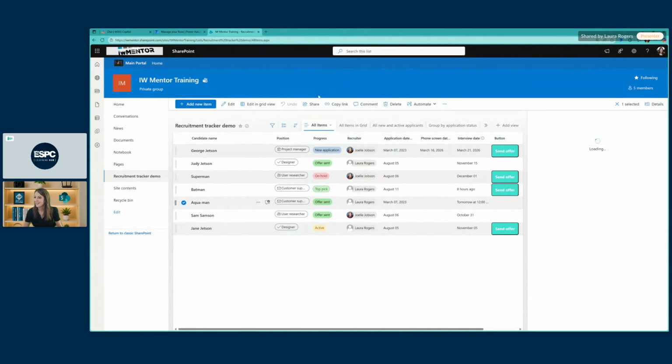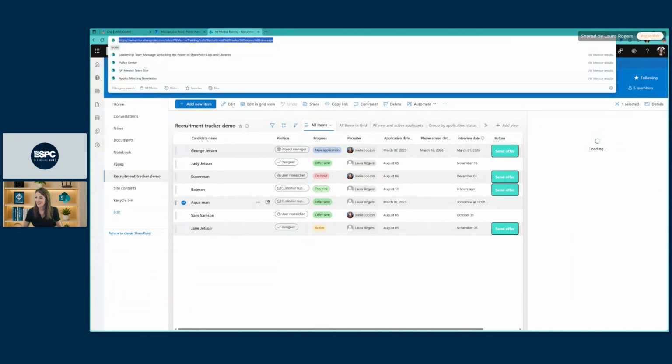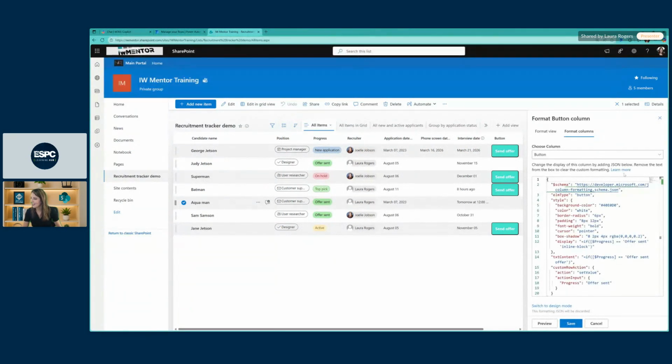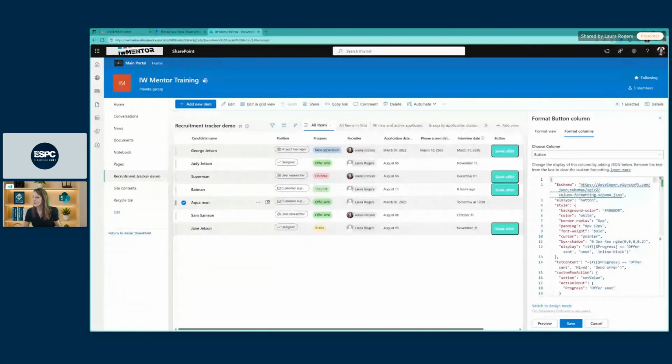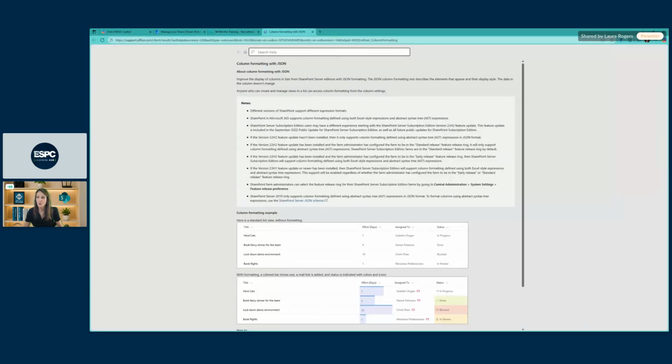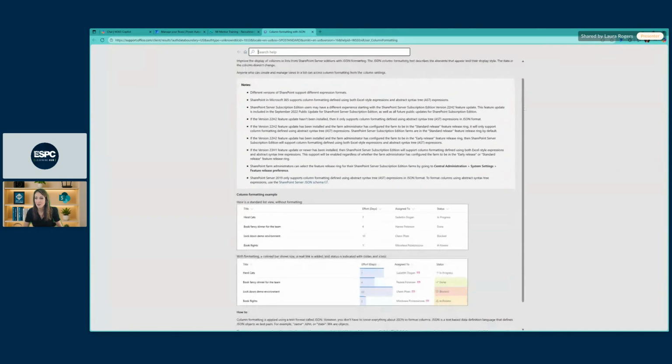Okay, right here, it says, change the display of this column by adding JSON below, and so on, learn more. So when I click learn more, it takes me to this pretty generic screen.